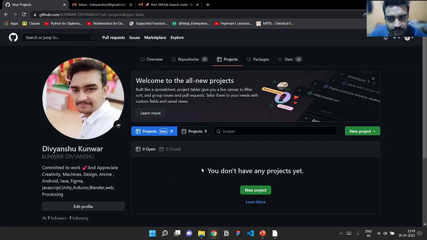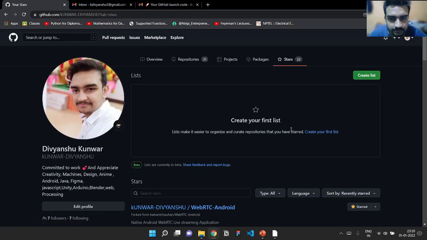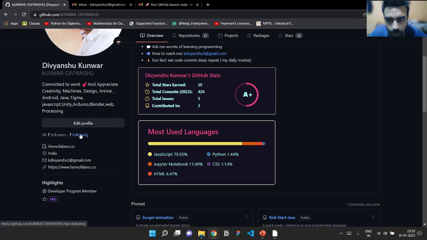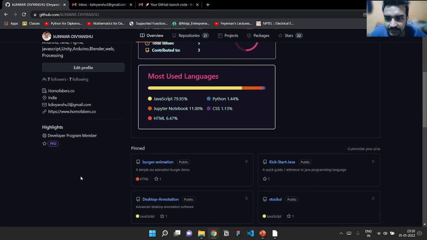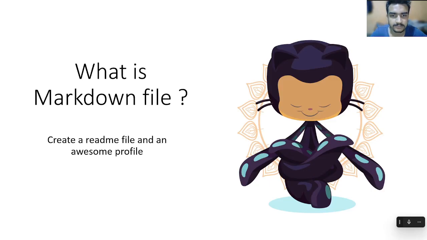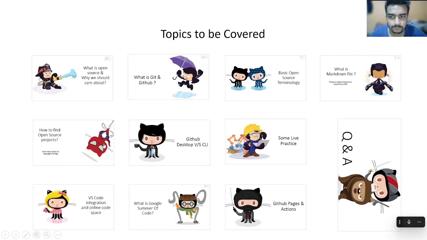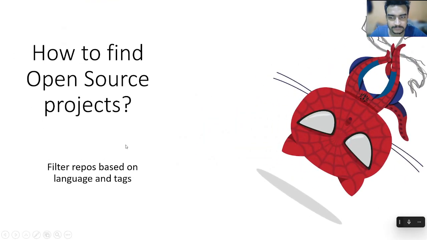I can also have some projects here. See all the stars. Here you can see your followers and followings. Here you can see all the highlights about you. Like I'm in the developer program of GitHub, and since I am a student, I have got a Pro ID here. Okay, now after Markdown files, we'll look at how to find open source projects, how to filter repos